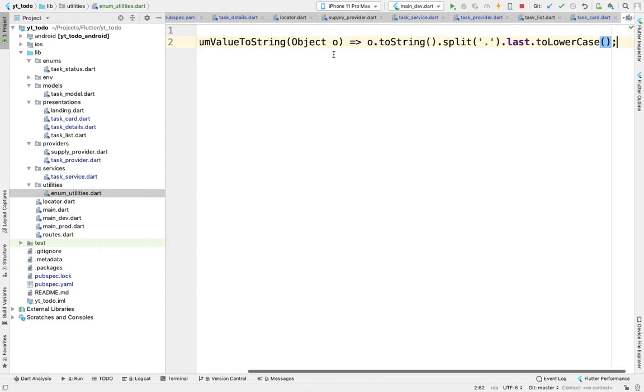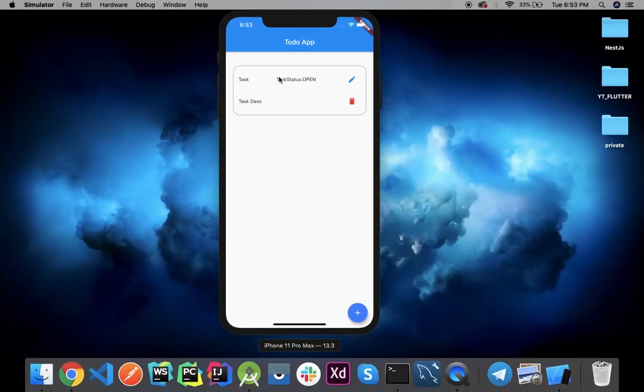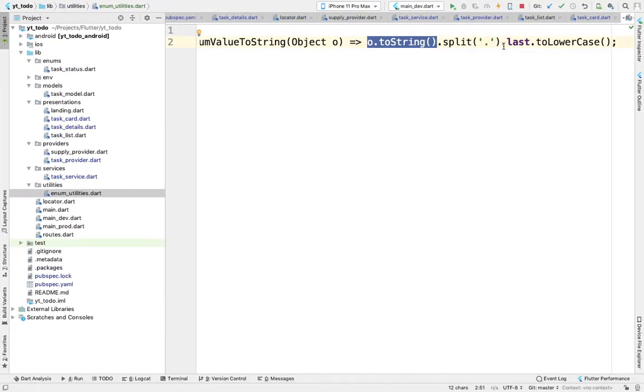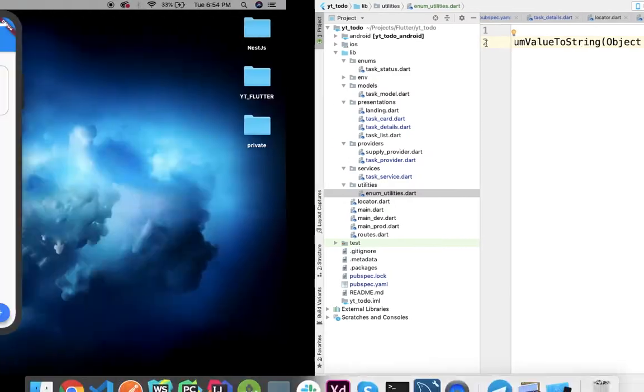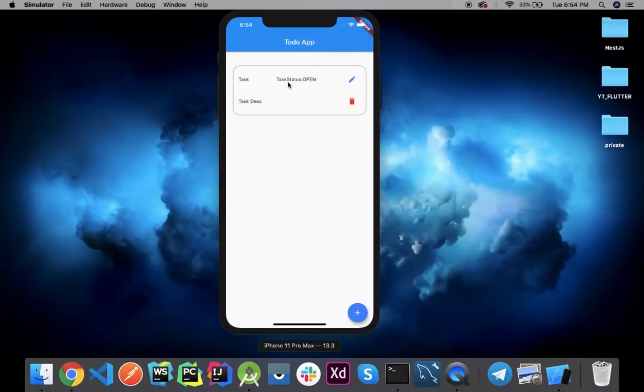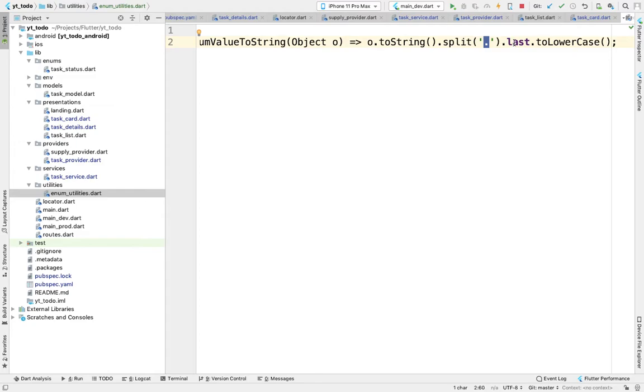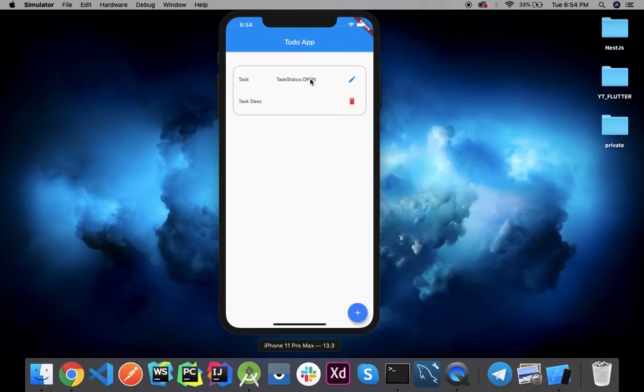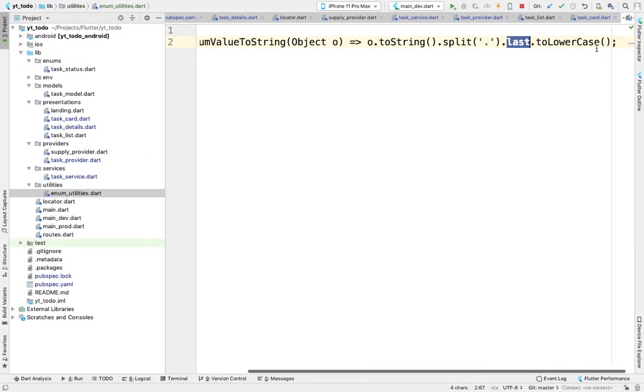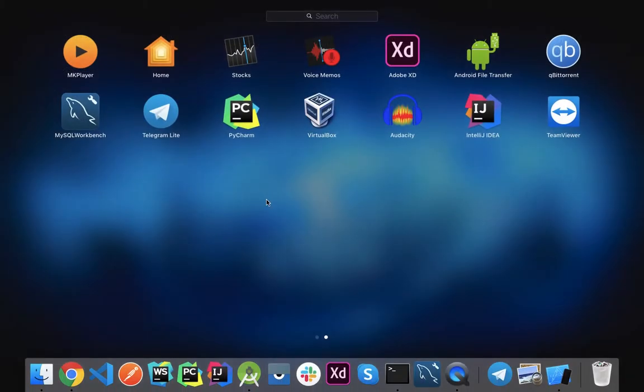So see how this is working. It will convert it to string, so it will be like task status dot open, and then we will split at dot. So it will make it an array of strings with the first element as task status and the second as open. Dot last, so the last element will be open, and to lowercase, so it will be open in lowercase.